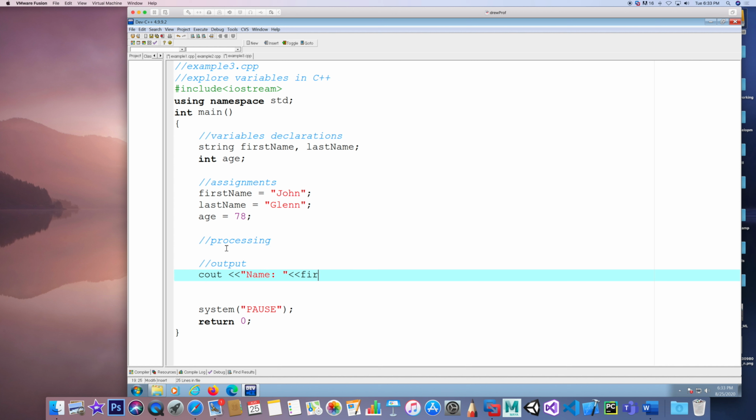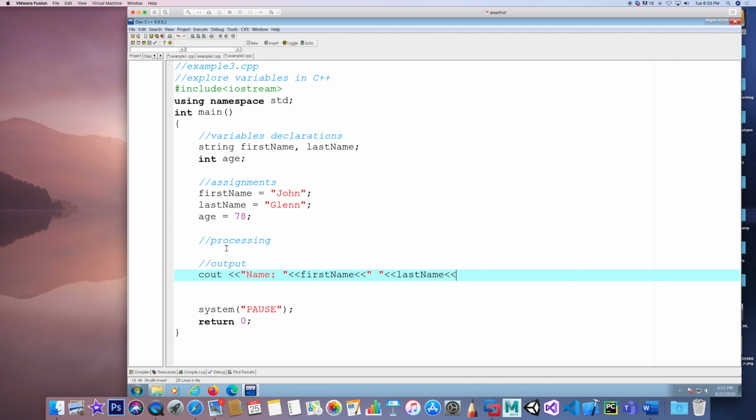So first name, and then I will stream a space between them. Okay, so is everybody starting to get it here? This is a neat little trick to format your output. This is what streaming to the console allows you to do. You can combine string literals with string variables. So last name,